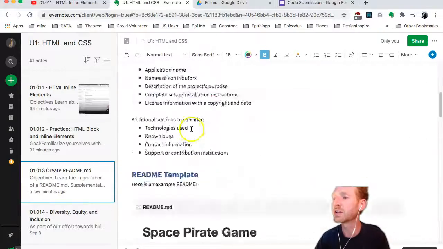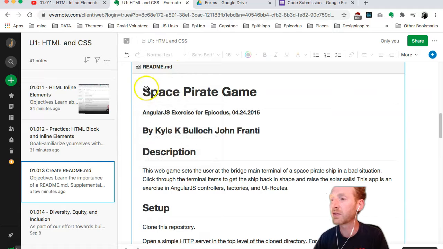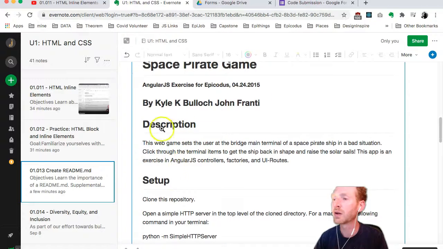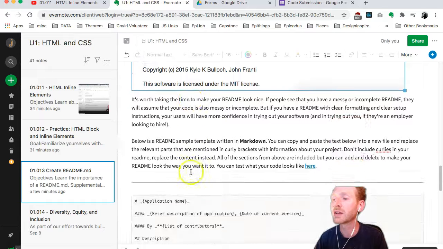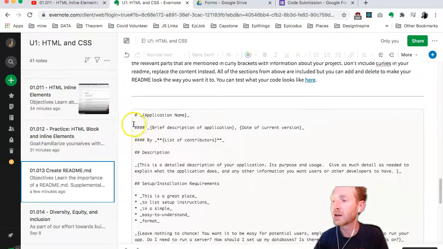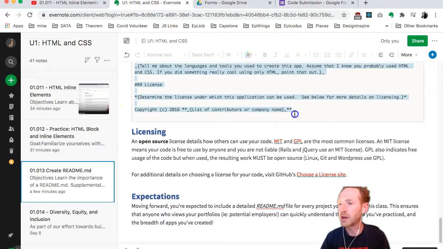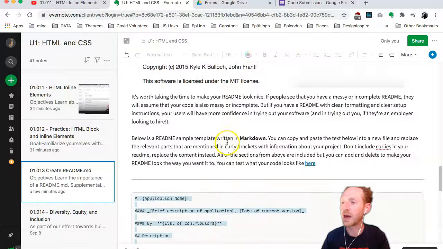So here's an example of a readme. It would have a title on top and who it's by. This is what it would look like in the presentation preview of the Markdown. This is what it looks like written as a language. So this is what we're going to do: we are going to copy and paste this and just use this. So copy that, and we're going to go into